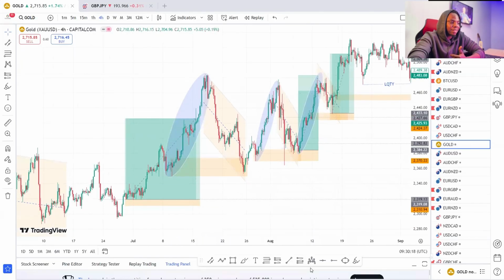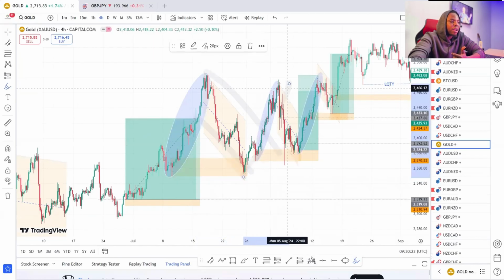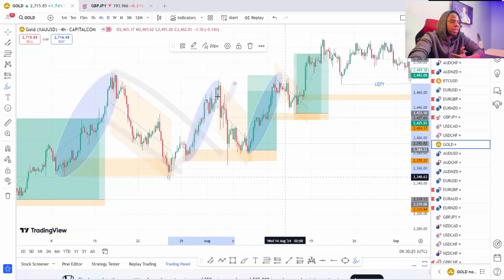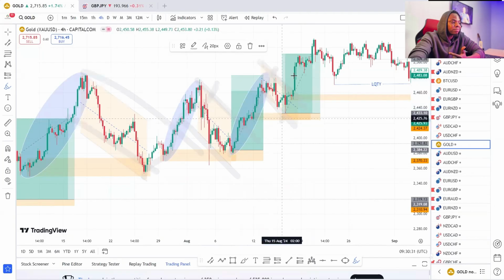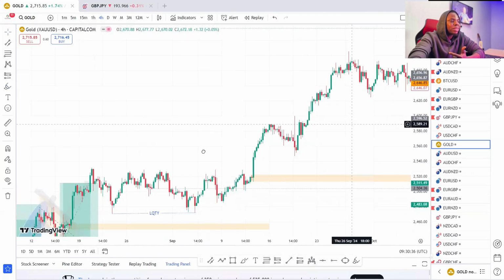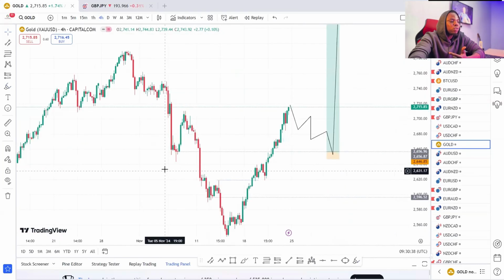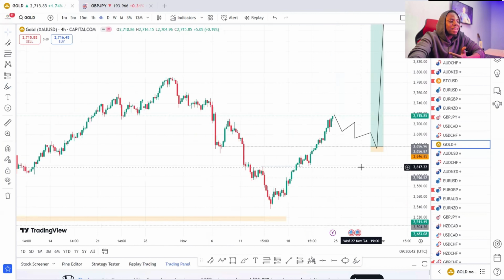Just like what I said the other time, the market is all about history repeating itself. See what happened here. We have this correction here and the market creates an impulse movement. See what happened here again. The market gave that same correction, another impulse movement. Here it's that same correction, another impulse movement. So what we are looking at is the market presenting to us that same thing it has been doing.